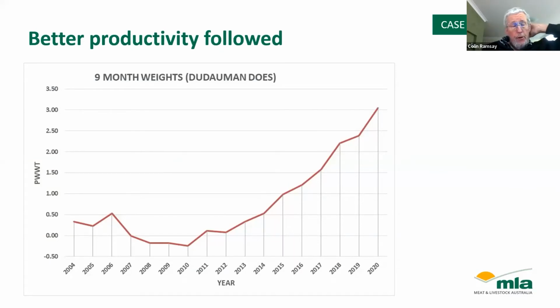Now I'll come back to productivity, but behind all the visual improvements that we were excited about, productivity improvements followed. And once we got in the groove to do that, and with KidPlan guiding us, it turned out that productivity improvements across the board were pretty dramatic. So I've just picked one here, which happens to be the 9-month-old weights of our does,